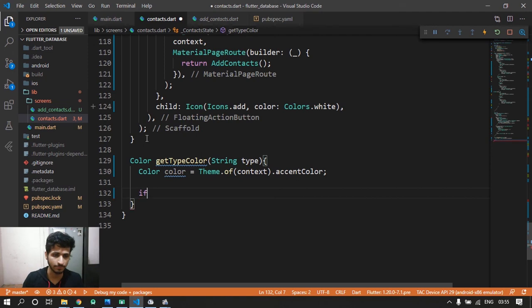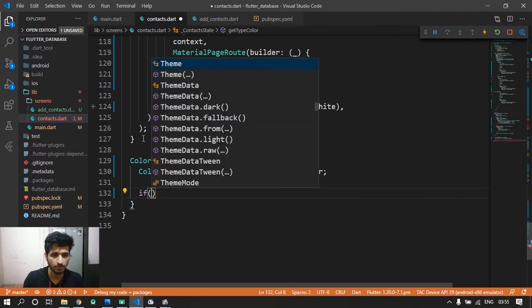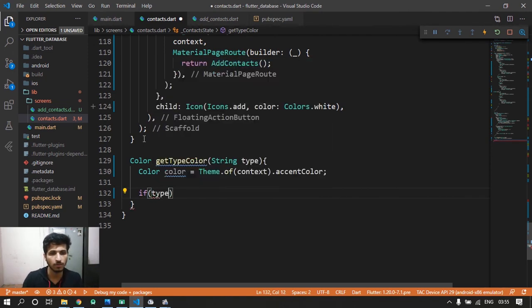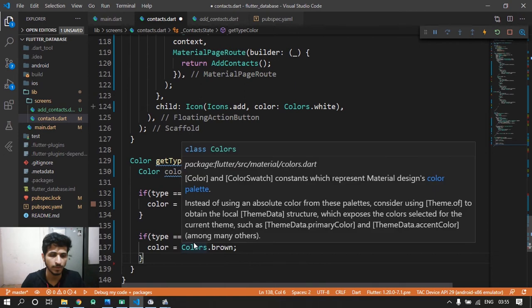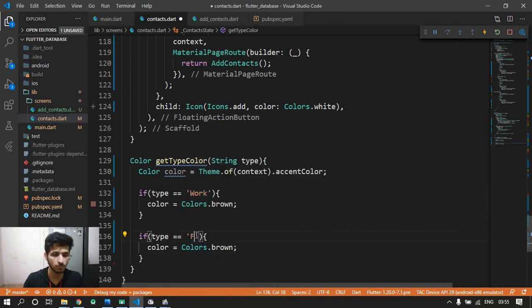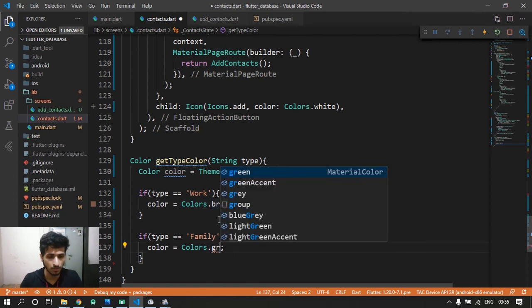Now we will check if type equals work, then the color will be Colors.brown. Let's just copy this if statement and paste it here, and check if type equals family, then the color should be green.